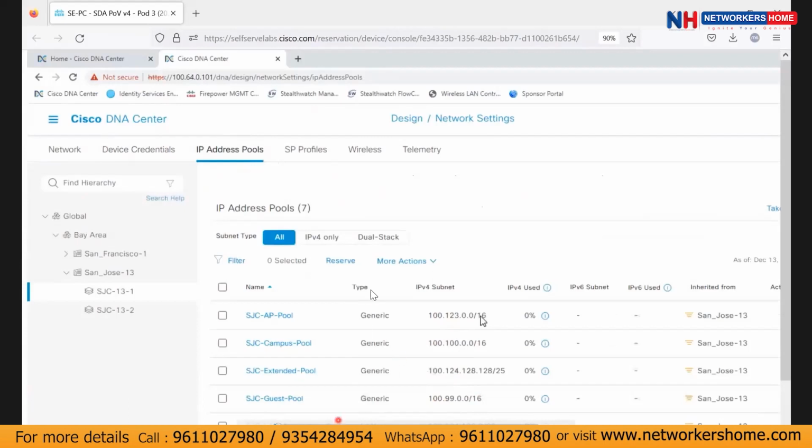The type is LAN. Other pools are marked as generic, right? And you can see all the pools are inherited because of this inverted triangle. So by looking at it, you can easily identify that all the pools I have reserved are inherited from the global site. On global, you can see I have different types of subnet, but on global I have a supernet. So I have a /8 pool